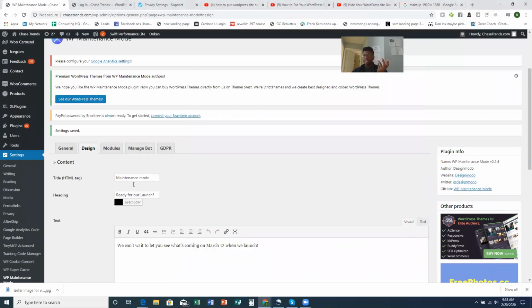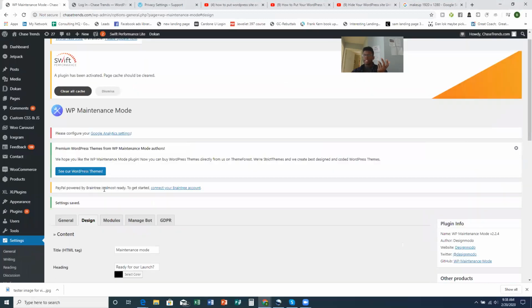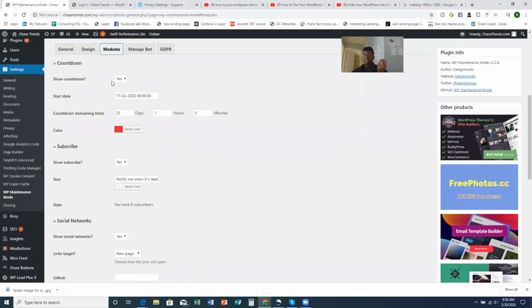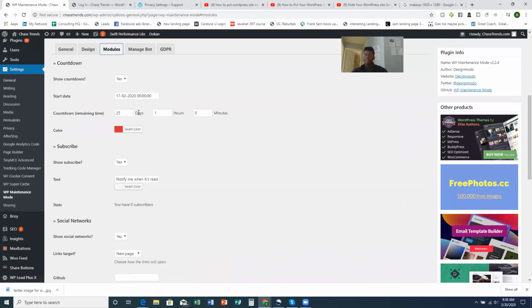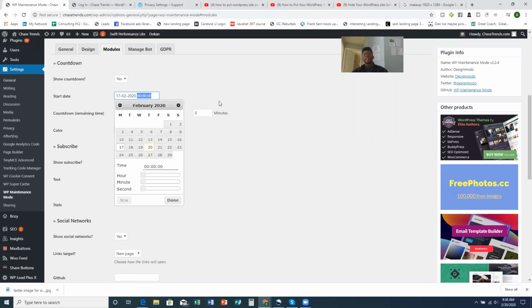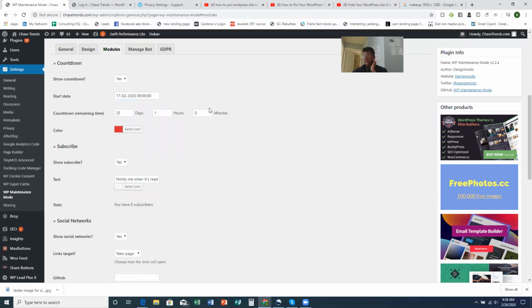So now, after we picked our image or whatever we wanted, we're going to modules. Depending on how you actually set it, like we've said March 12th a couple of times, you can have a countdown if you'd like. Make sure the start date is today or sometime in the past, and make sure these are all zeros, okay? Because you just want to start at midnight